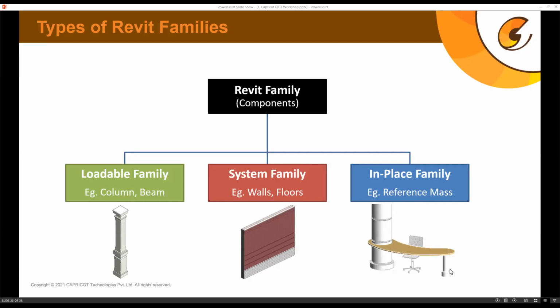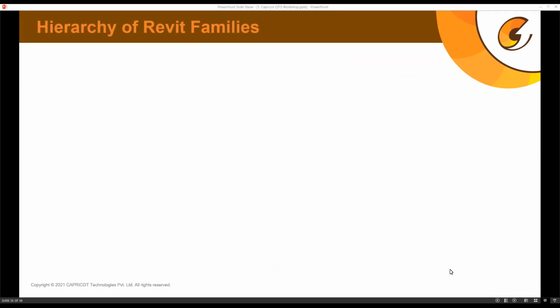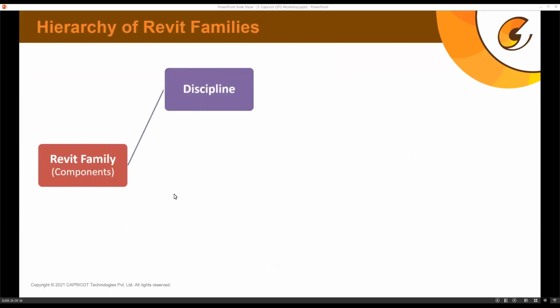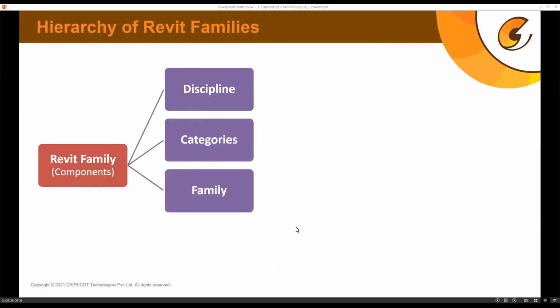Before moving ahead into the quantification part of Revit, we need to also understand the division or the hierarchy of the families. The families are actually divided into discipline first. So if I check all the components in Revit, first they are divided by discipline, then they are divided by categories. And actually the term family is adopted from the third order of this hierarchy. And this third order is actually known as family. Although in general, every component in Revit is now referred to as a family, the original term family was given at the third order of this hierarchy.